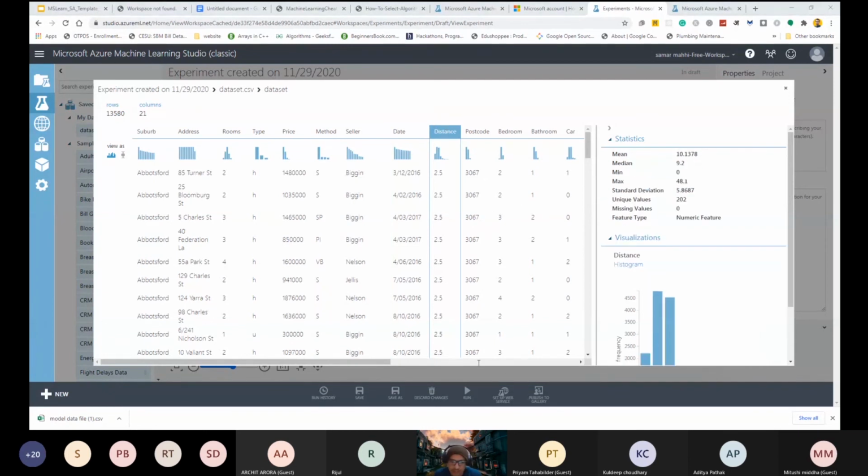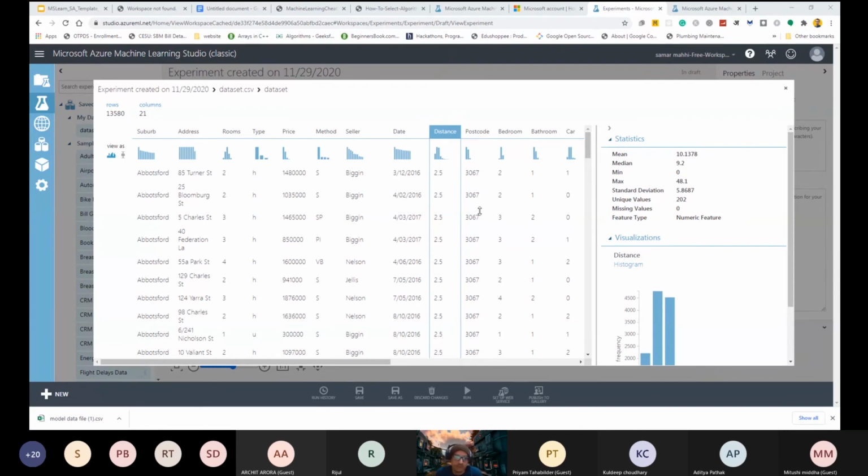Distance from that property to a particular point, for example, any famous location point. If the property is very near to that location, then obviously the price of that house will be high.